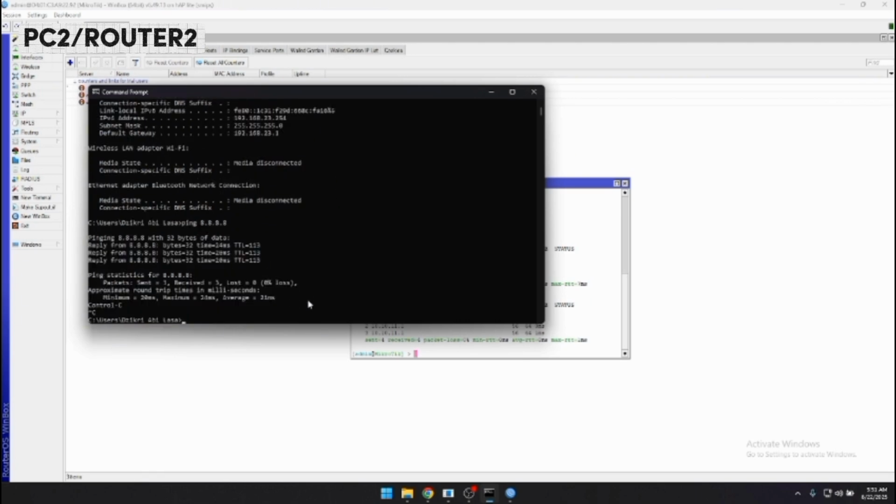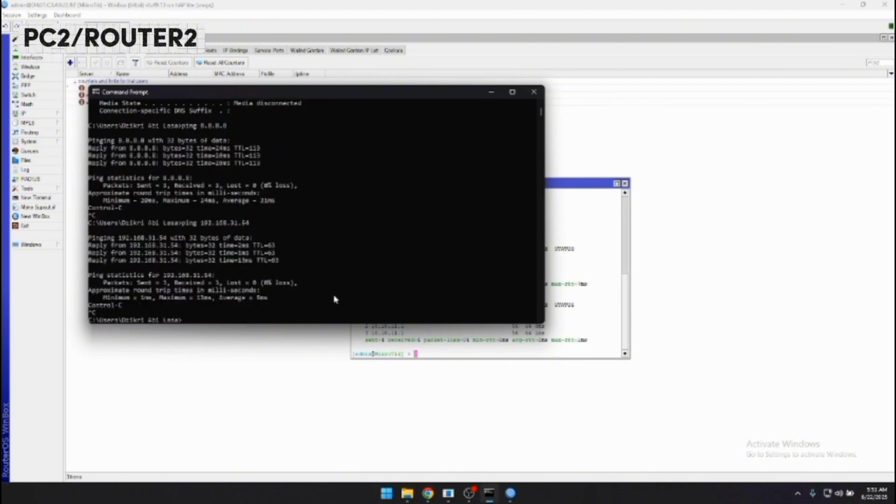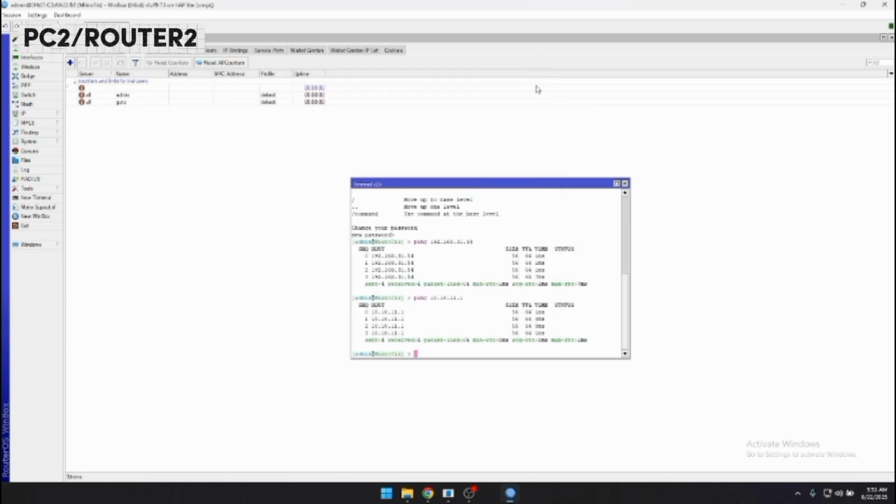Don't forget to ping on CMD, my friend. This can connect, ping again. This can connect, my friend.